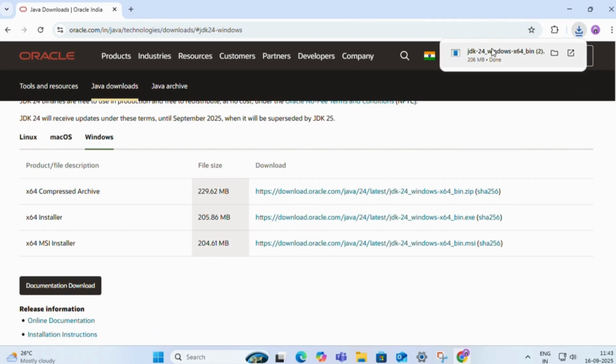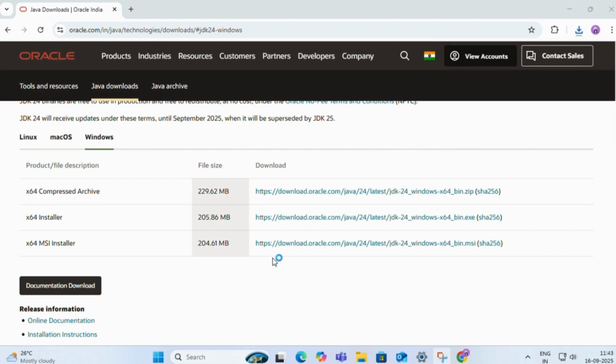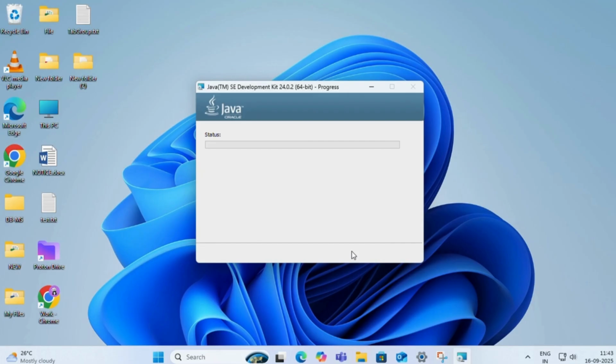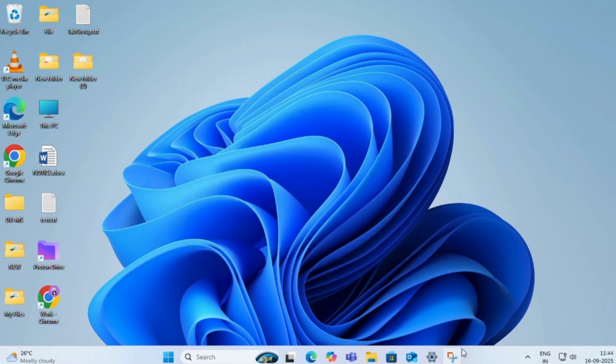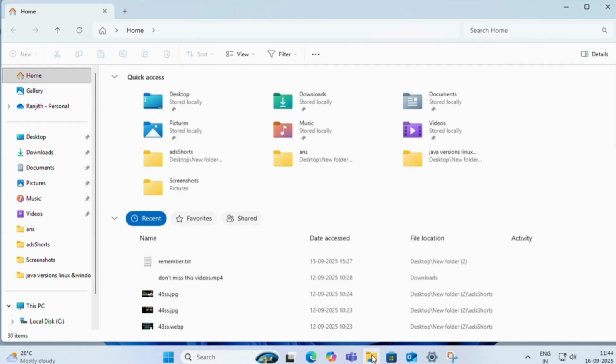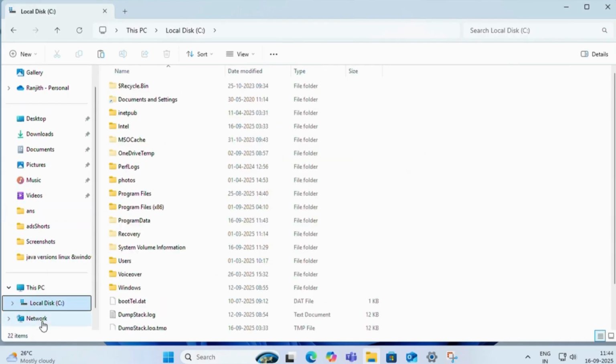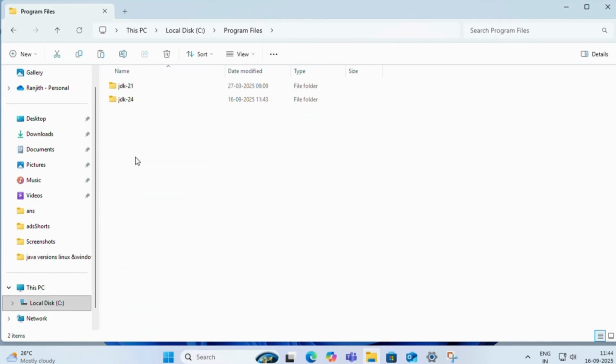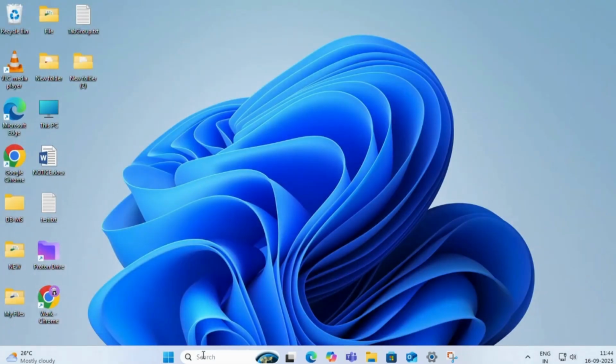JDK 24 is downloaded successfully. Proceed with the installation steps. Once done, visit the Java folder. There you can see both Java versions 21 and 24 installed on the system.